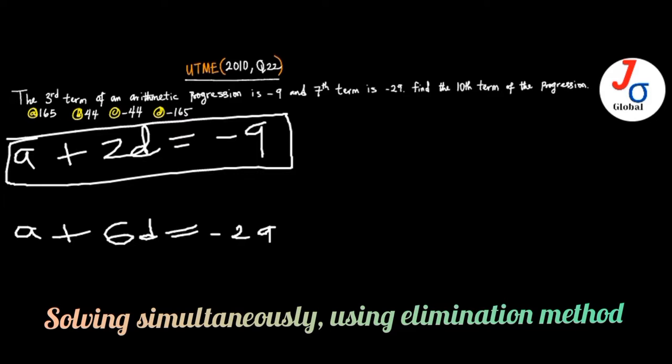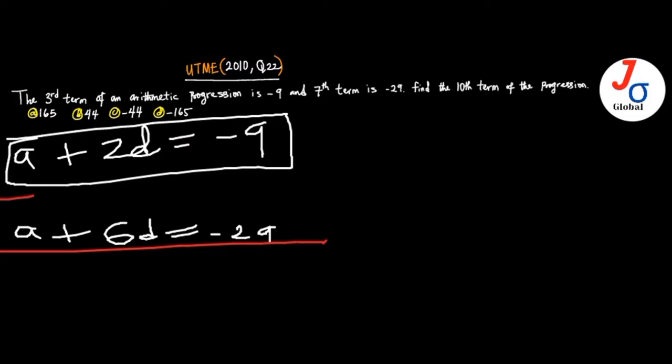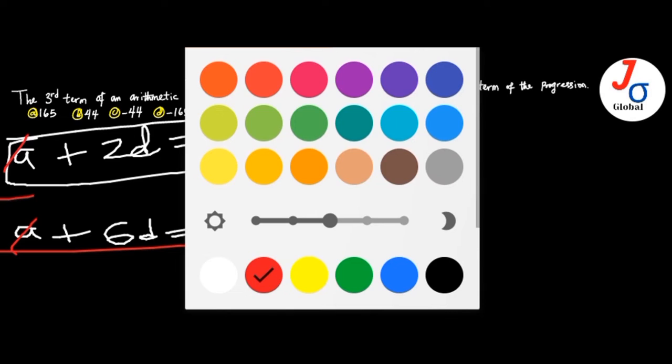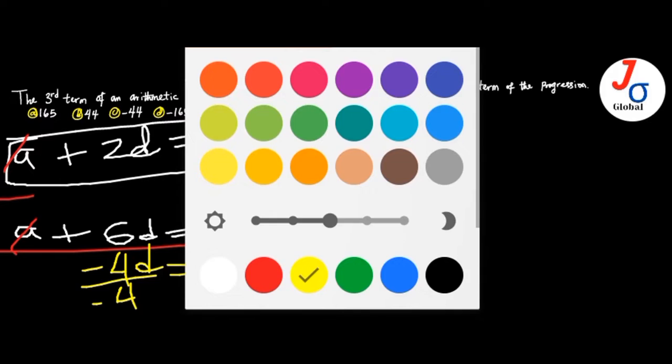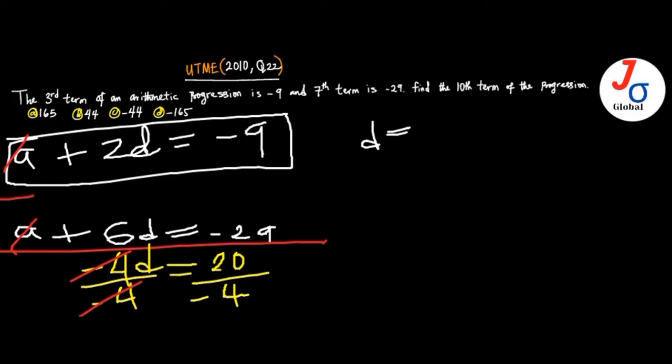So I can subtract these two equations from each other. So I have A cancels A, that's A minus A, and 2D minus 6D is -4D. And that's equal to -9 minus -29, which is plus 29 minus 9, and that's 20. And so I'm going to divide both sides by -4. And so if I do that, what I get is D, which is the common difference, equals